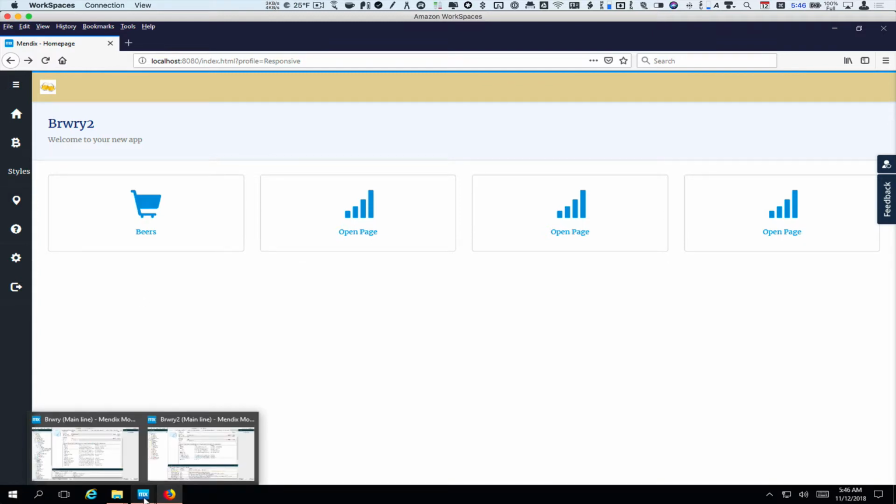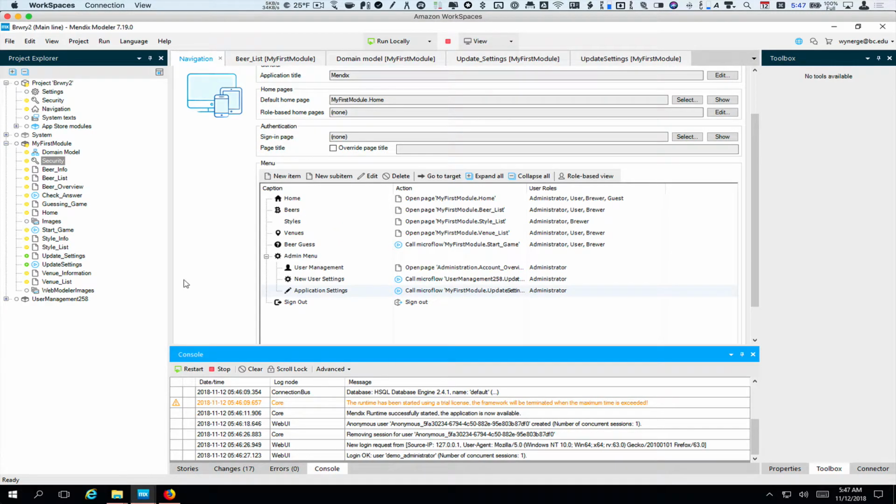So the question is, how would you use this in practice? Okay, so let's come back to our app here, and let's talk about how we might get that information available somewhere else. So typically, when you're grabbing that information, you would be grabbing it in a microflow, okay? And so if we look at a microflow, and this is one where we wouldn't need this, and I'm not going to go too far in here, but remember we have a microflow for playing from another screencast